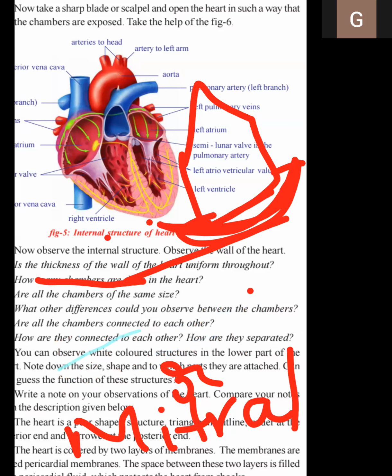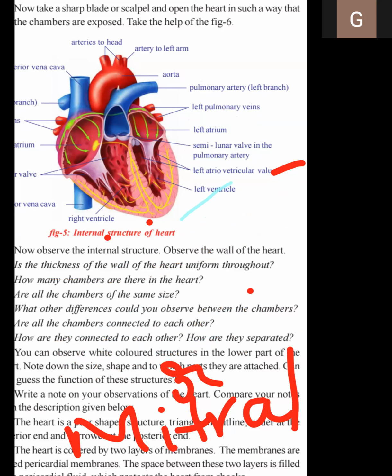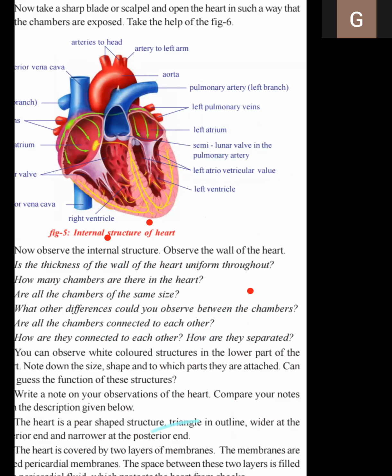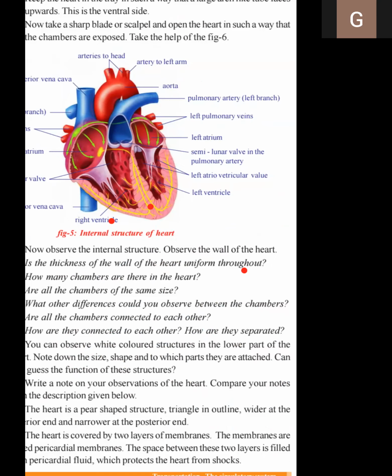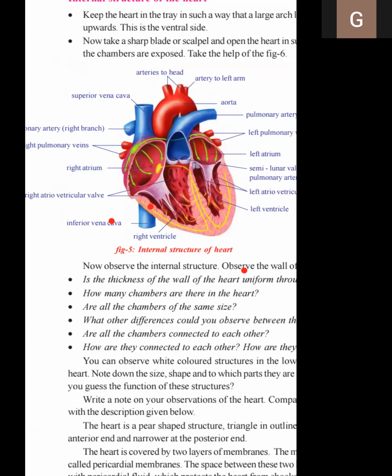So we have discussed the septa and valves. Now coming to the function of those valves. What is the function of the tricuspid valve or bicuspid valve? These tricuspid and bicuspid valves prevent the back flow of the blood. That is their function. Okay, next.